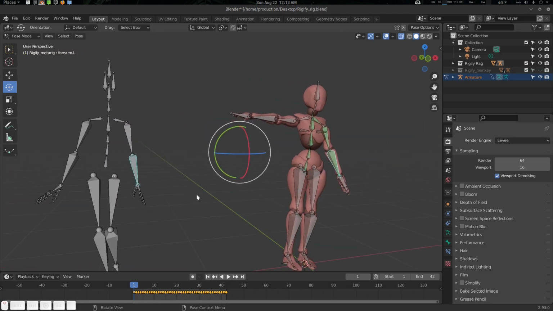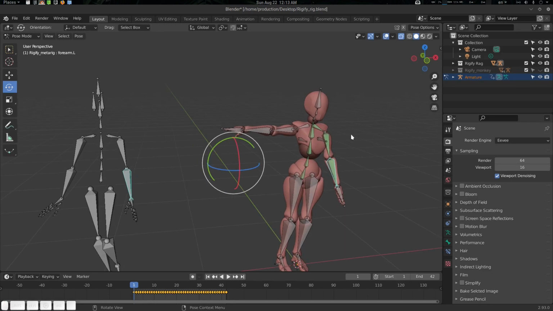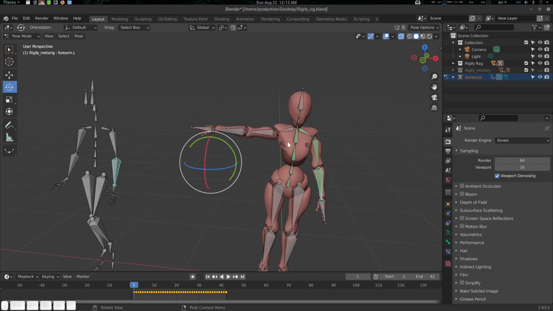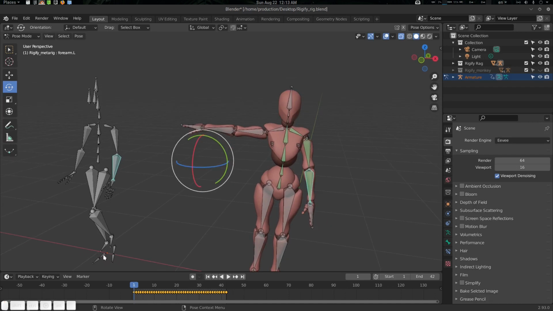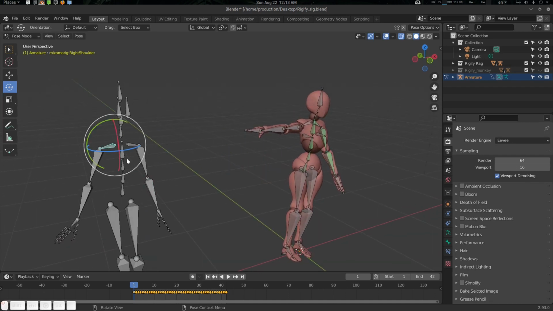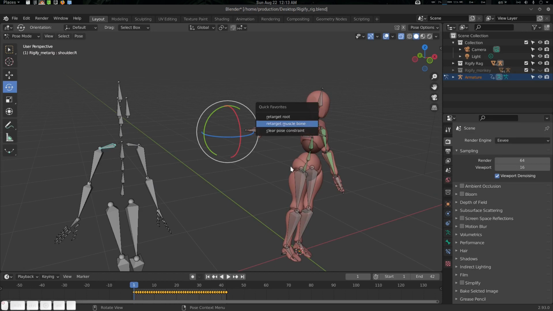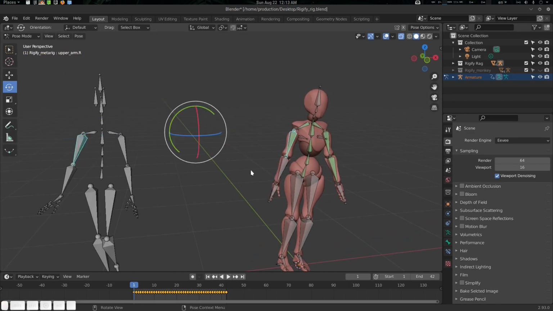Why do we need to do it like this? Because every rig is different. Your Rigify rig is not the same as the Mixamo rig, right? You can see these are stretch bones. All right, so now we're going for a time lapse, and we're just going to retarget it.